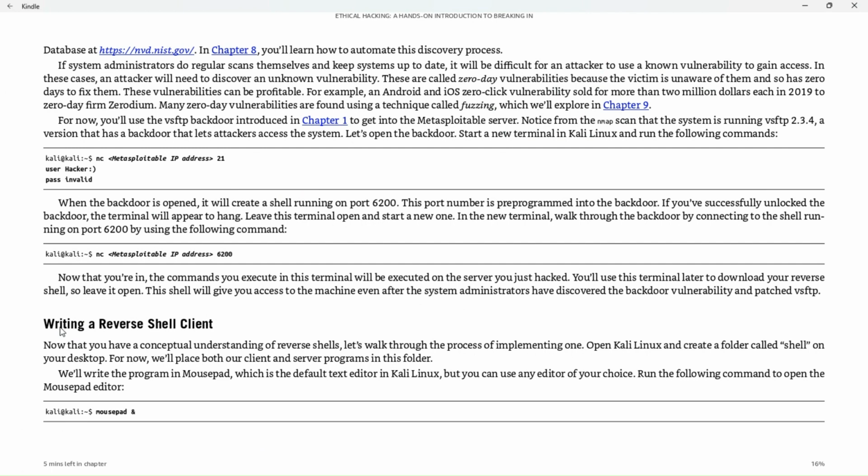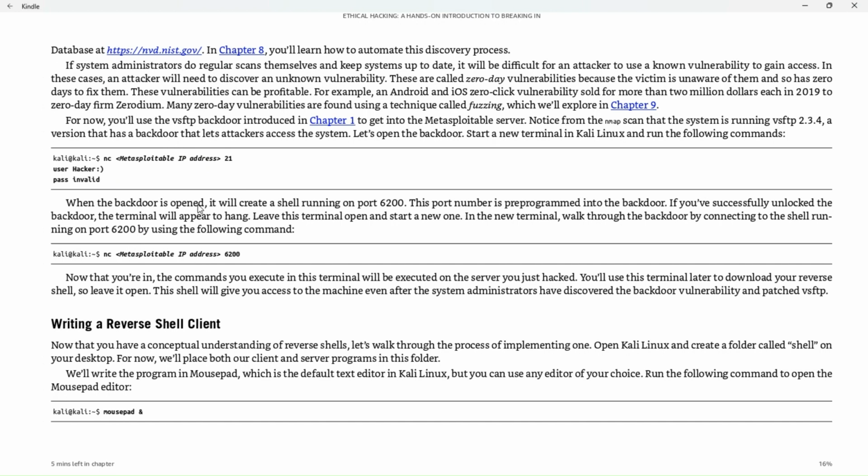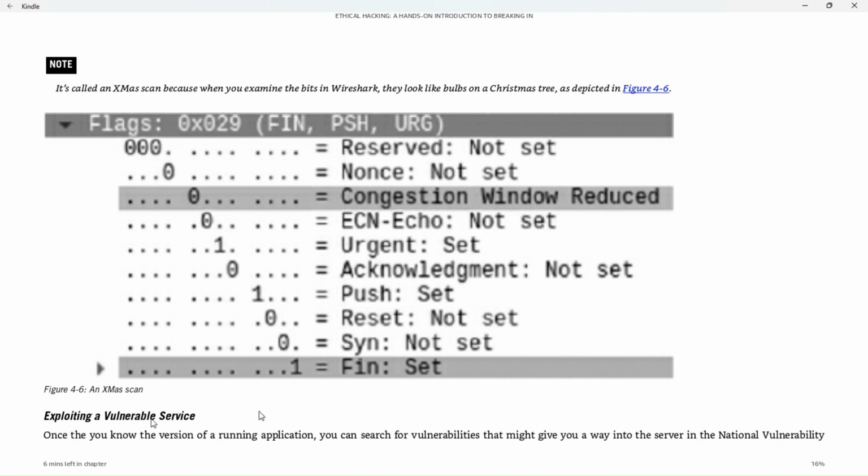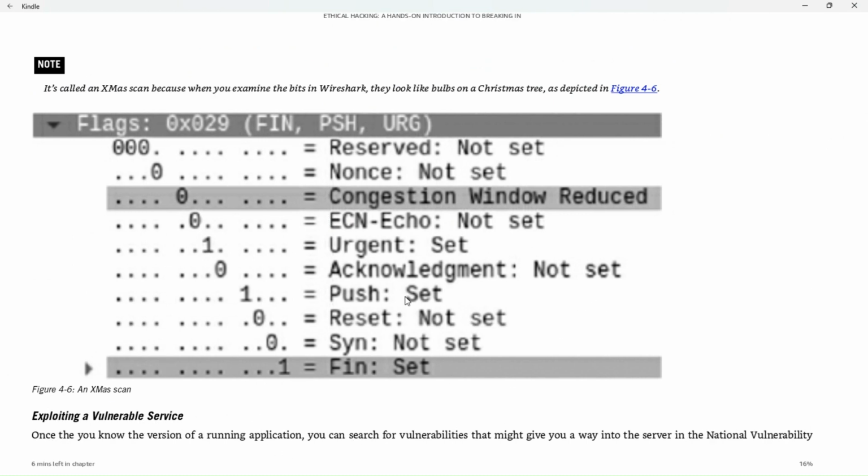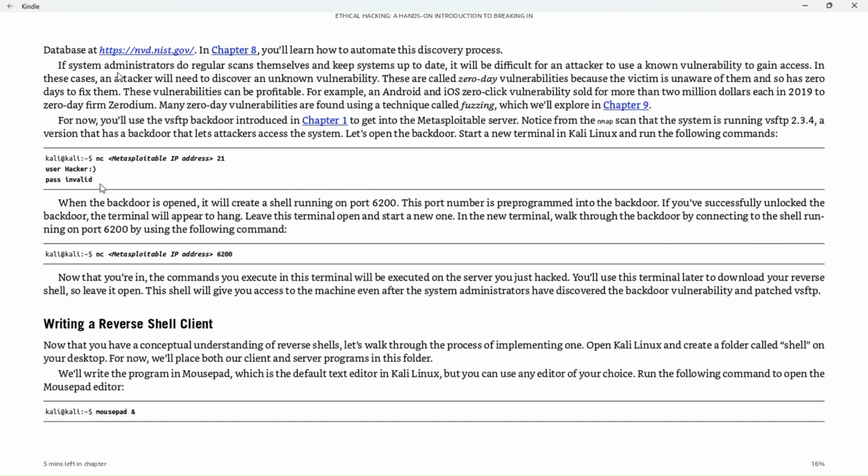But we're gonna do this part right here, which opens up a back door or sets up a back door. Yeah. So we're setting up a back door. So let's do that. But first, we have to find out what our